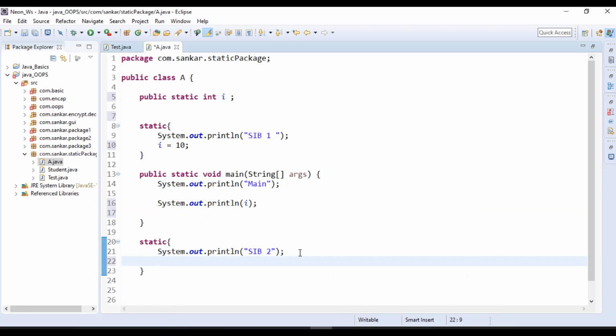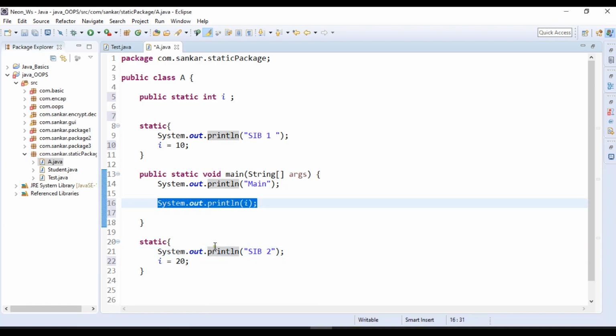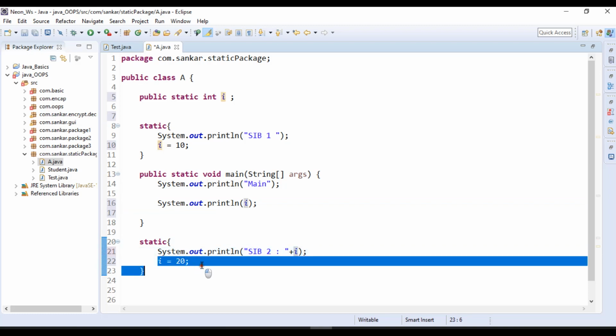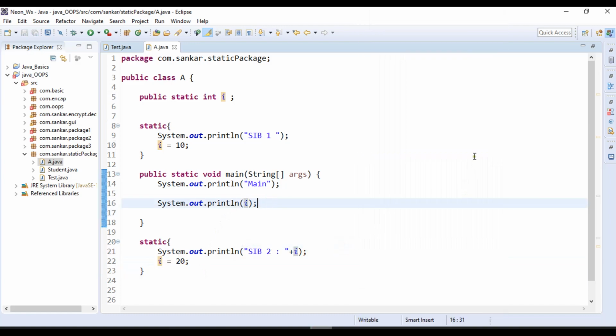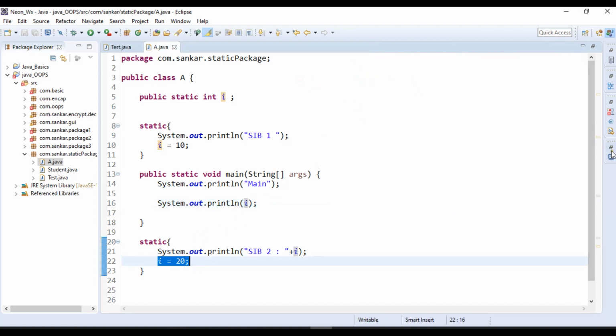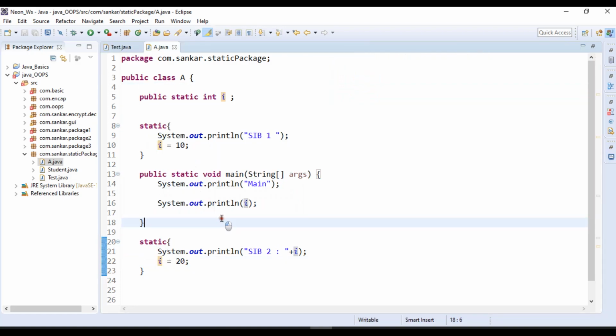Okay, so what I will do here is change that value. See, now in static blocks I can change it. So before that I will print it one time, then you may get a clear idea. So now what will the value become? Here we are changing it again, then you can check. So 10 20 will be printed, right? See, SIB1 is the first static block, then the second static block. Here we changed the static variable, meaning we assigned a new value, and then the main method is called. Okay, up to now you got a clear idea regarding the static block also.